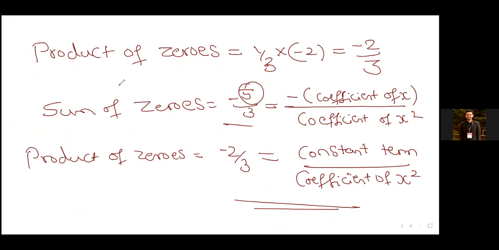So we can say the relationship between the coefficients of a polynomial and the zeros of the polynomial is this: the sum of zeros is nothing but negative of the coefficient of x upon the coefficient of x square, and the product of zeros will be equal to the constant term upon the coefficient of x square. And in general,